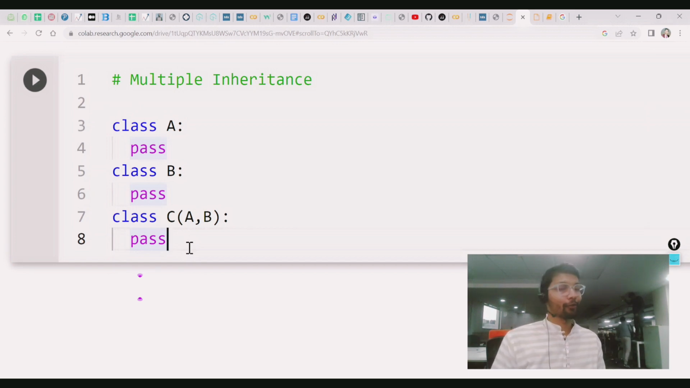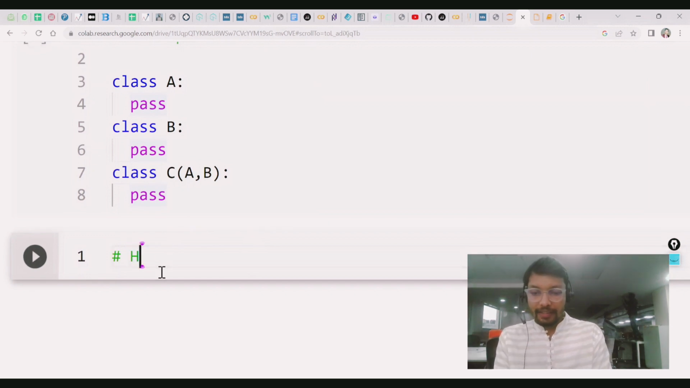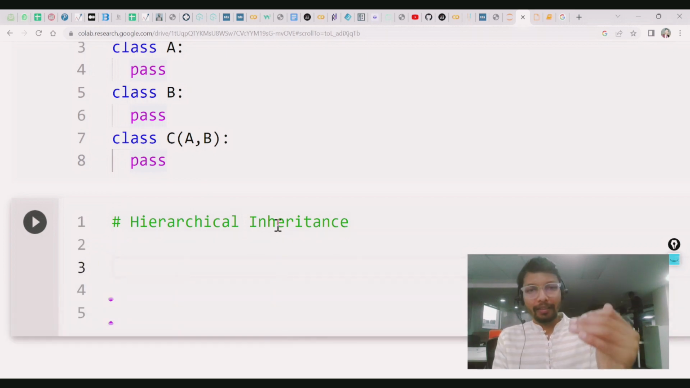Apart from that, if somebody wants to ask some difficult things, they can ask you about hierarchical inheritance, they can ask you about hybrid inheritance. Okay, so let me quickly discuss the hierarchical inheritance. Okay, what is hierarchical inheritance? Hierarchical inheritance, what you do, you just inherit the top class into the